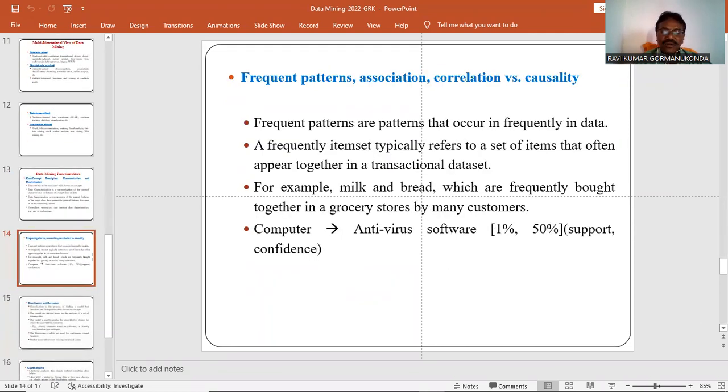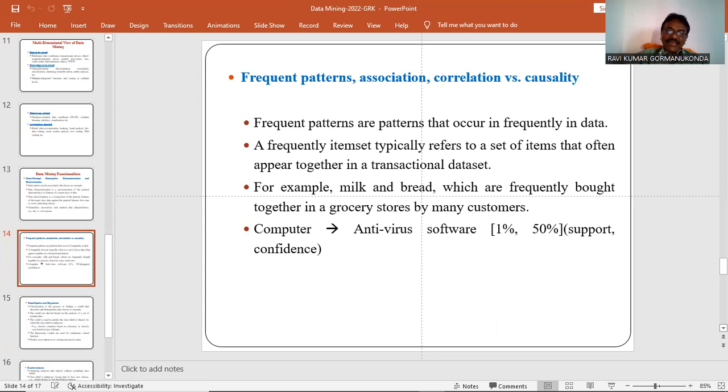And one more function is called frequent patterns, association, correlation. Frequent patterns are patterns that occur frequently in a database.